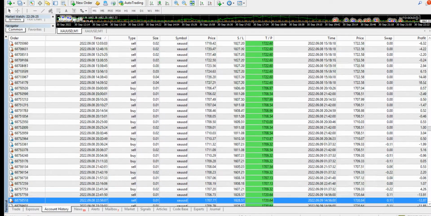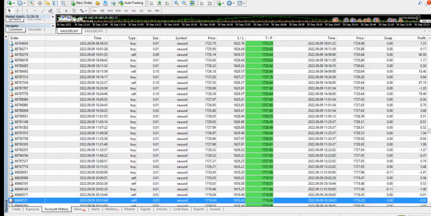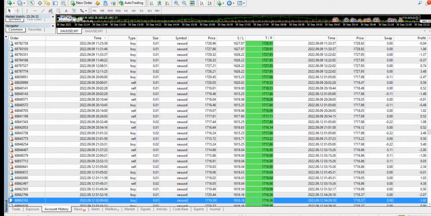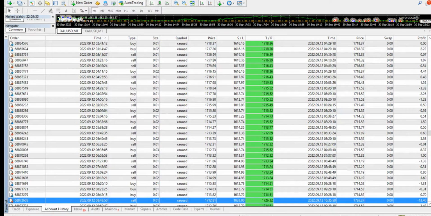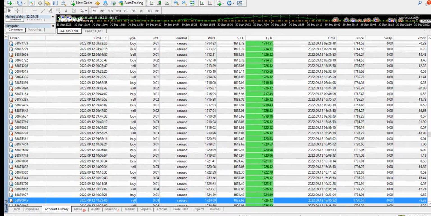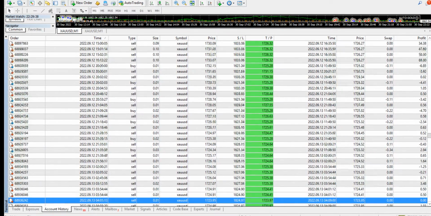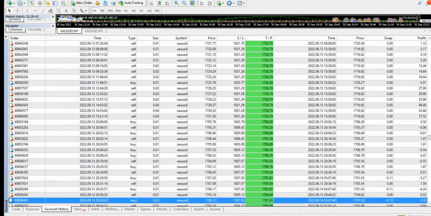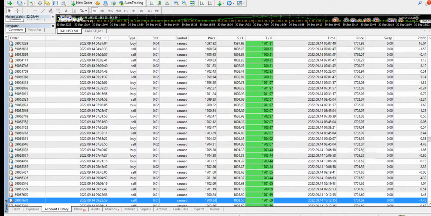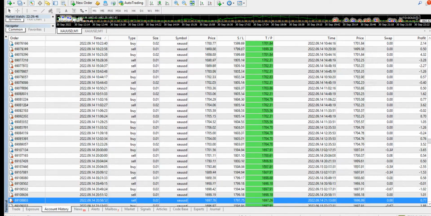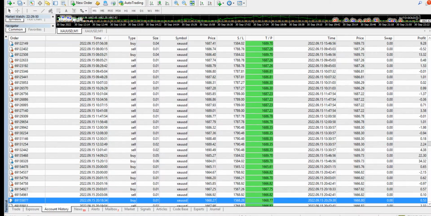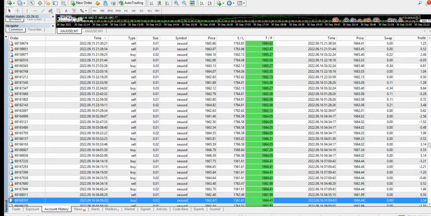Well, I'm not talking here about drawdown. What I mean is that you need to have a good amount of margin level, because when you're taking a couple of trades, and in scalping we do many trades, we need to open a couple of trades because we are trading on a short duration and we need to close them as soon as possible as well.